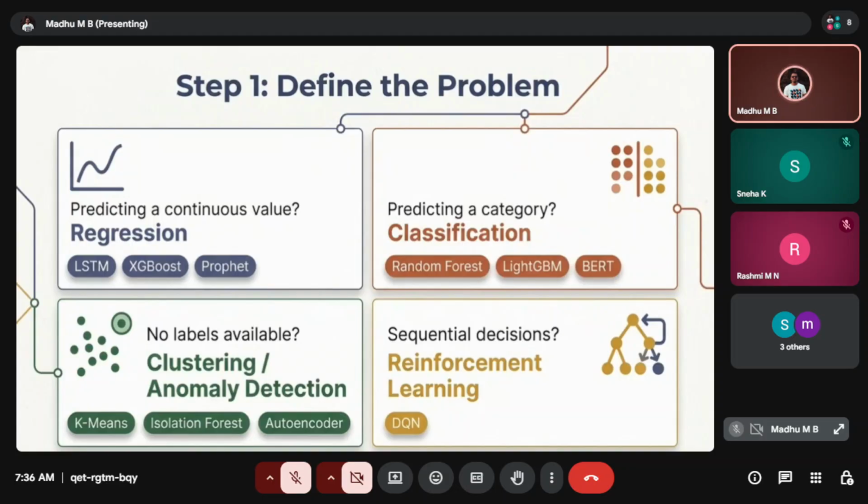Here, the first model we have is regression. In regression, we have three types of ML models: LSTM, which is a very famous one, long short-term memory, and the second one is XGBoost, and Prophet. These are the models which fit regression.